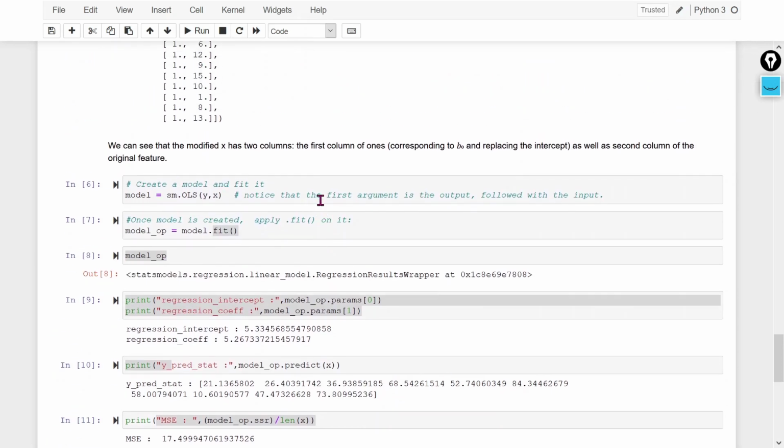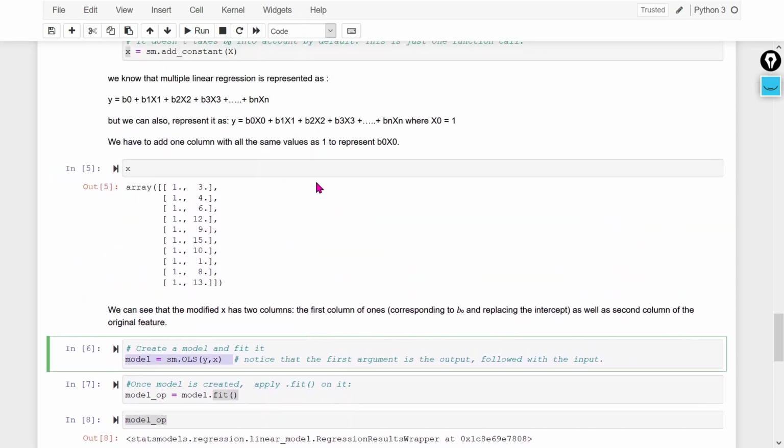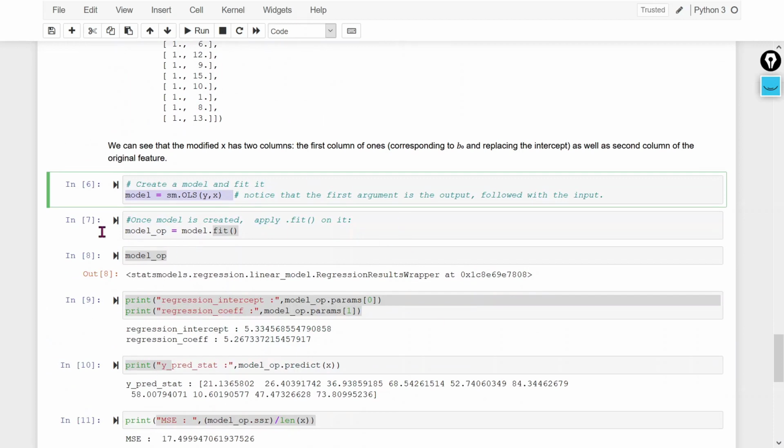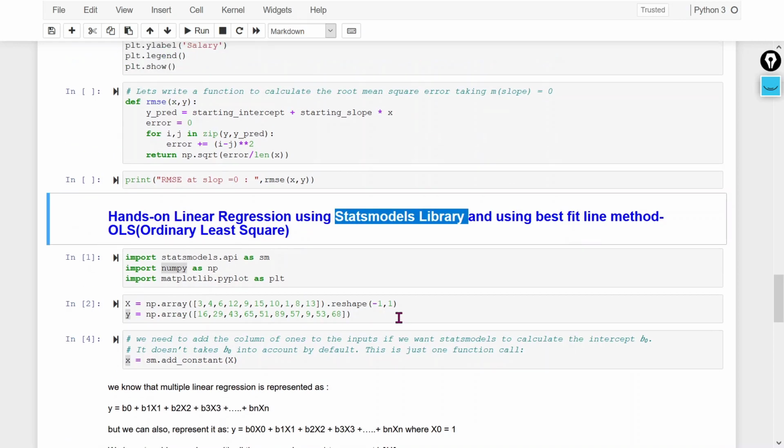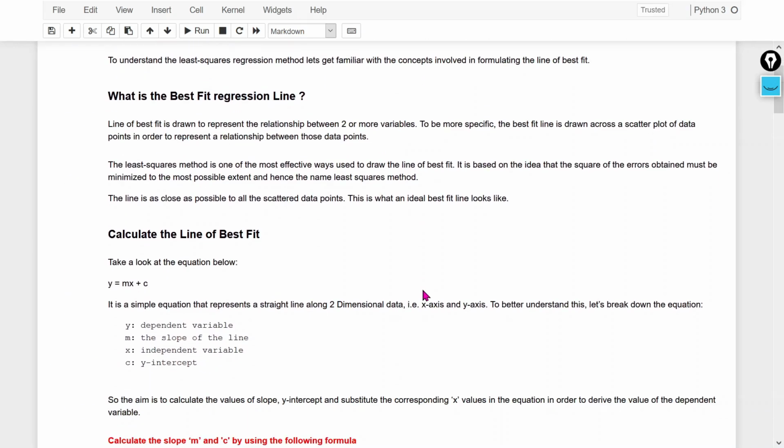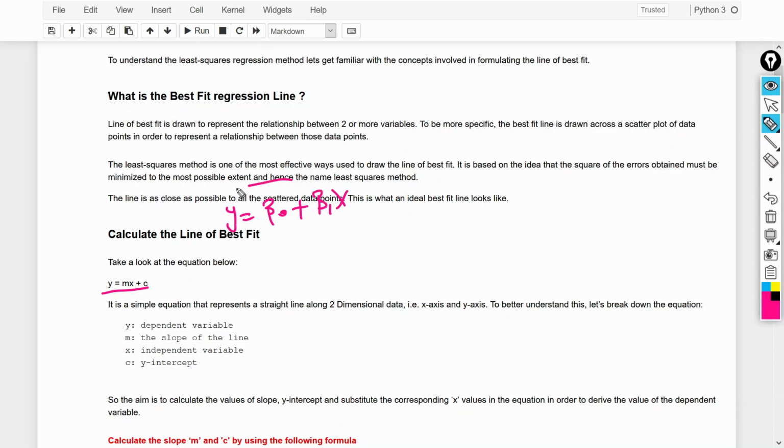But now the question comes, what is the math behind this? Because this is a library created by some genius guys, we want to understand the mathematics behind this particular library. So let's understand what is the mathematics behind that. If you see here, I have used linear regression, right? Y is equal to beta naught plus beta 1 x. This we have used in our statsmodels library.